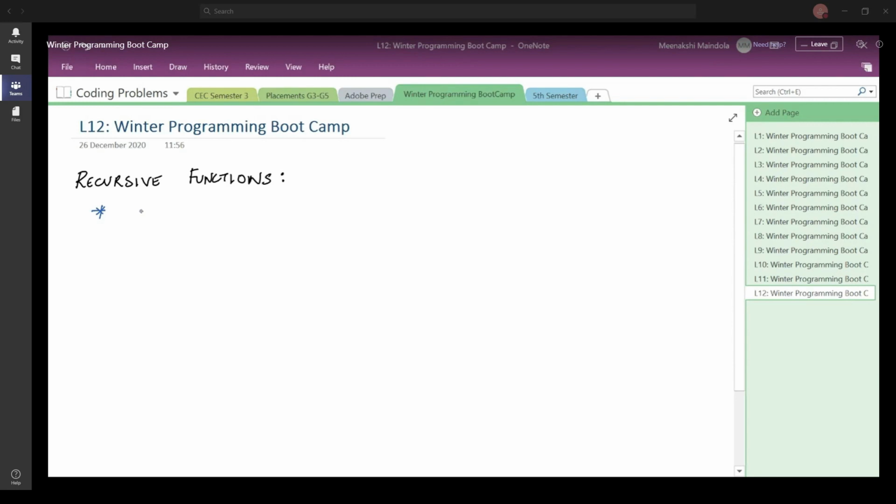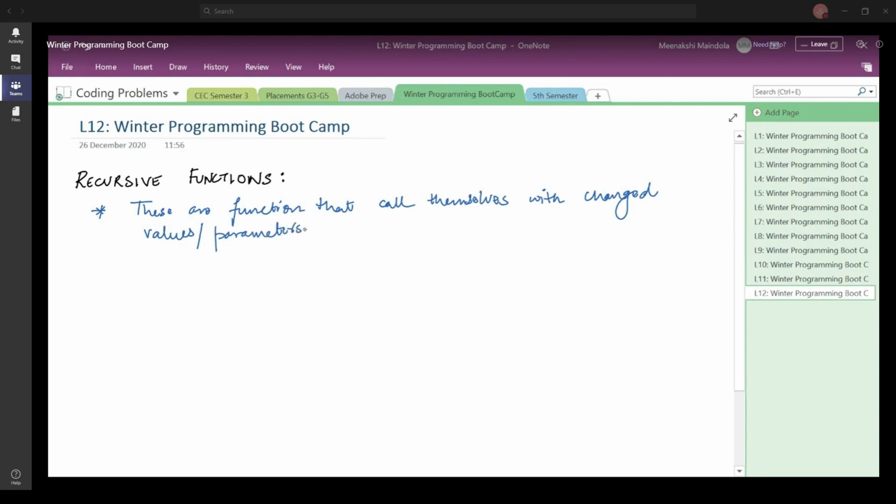So basically, we say these functions call themselves with changed values, or you may call them parameters.